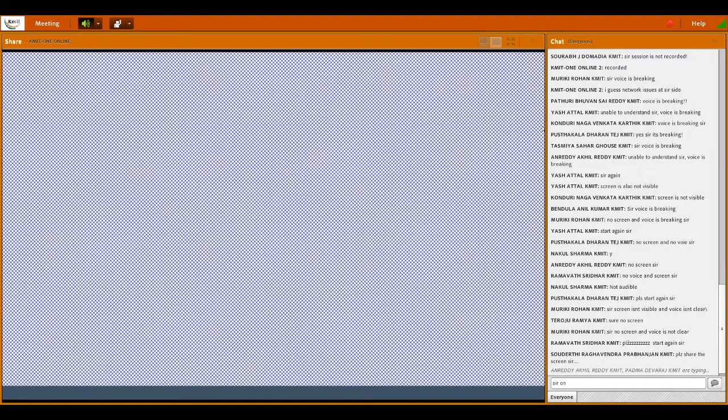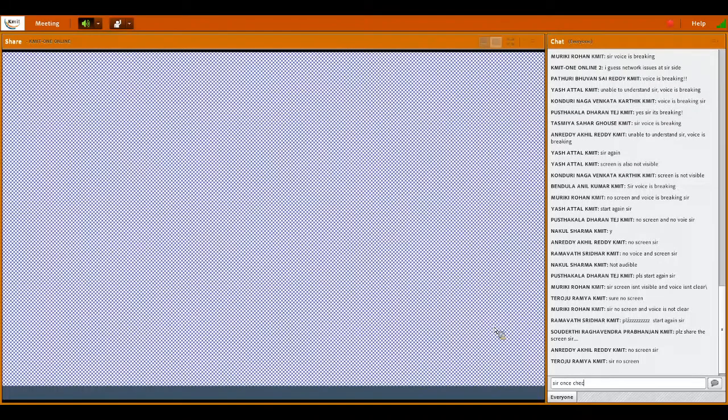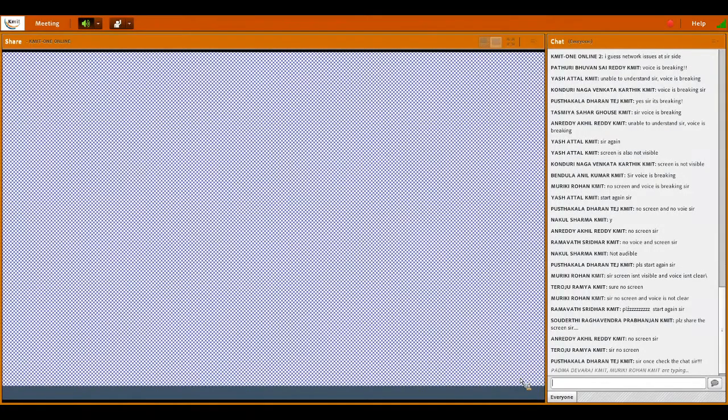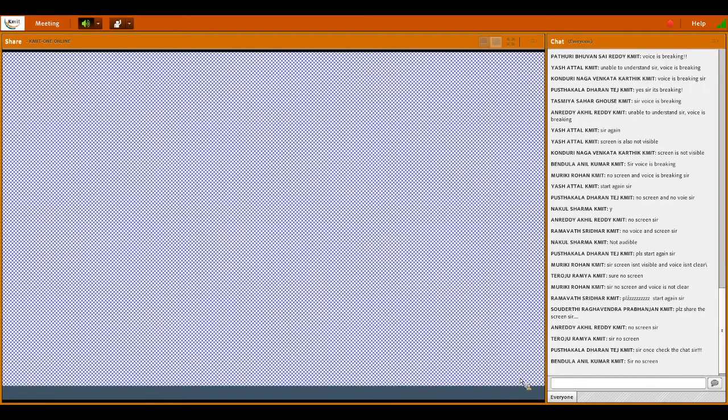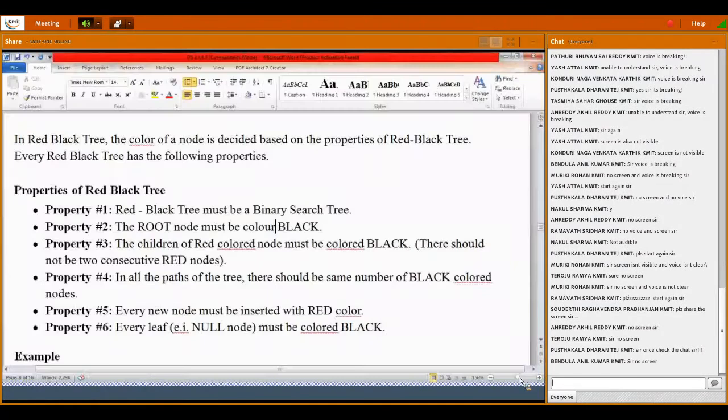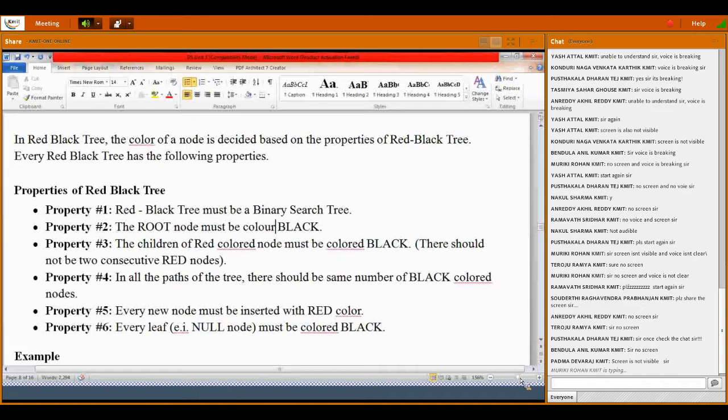The first property is that a red black tree must be a tree, and the root node must be black, and a red node must not have a red child; its children must be colored black. All paths have the same number of black nodes, and every leaf is black. So if you see that it is satisfying these, and here you have to underline one point.